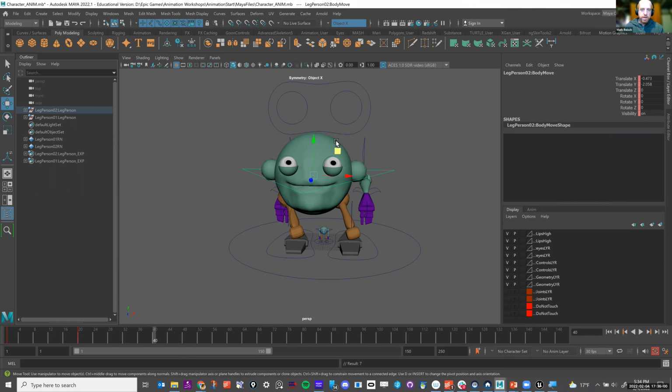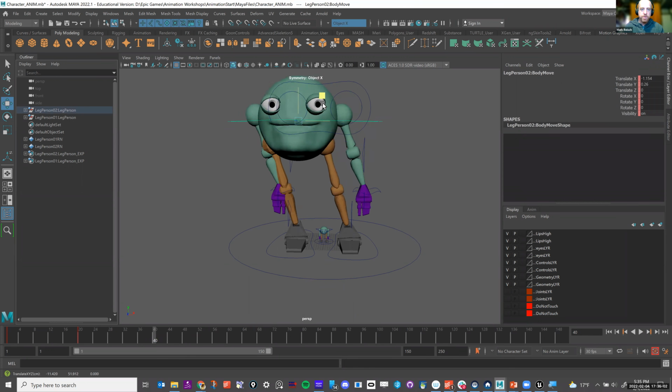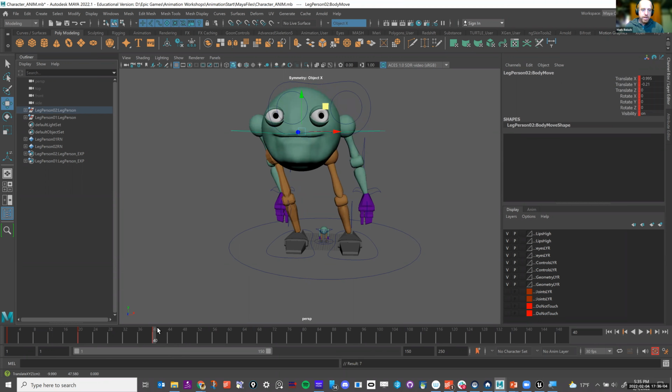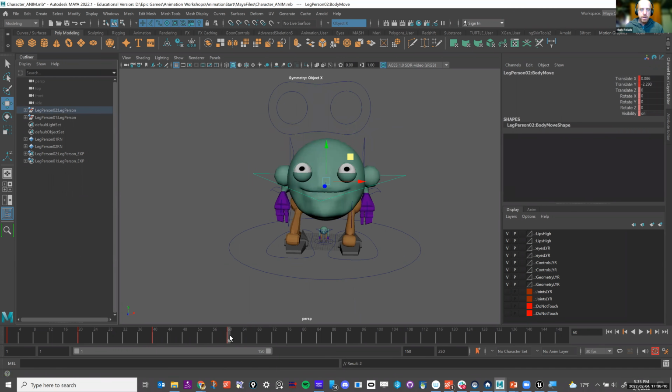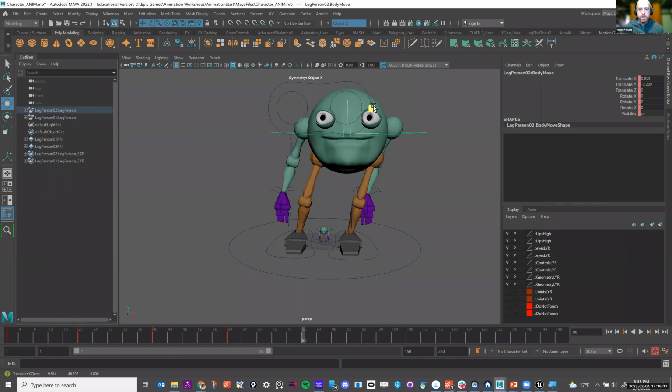I'm going to go up to frame 40, go over here and hit S, then go down to 60 and hit S there, and then go to 80 and hit S over here. And then we'll set the character at like 100 and set it to just 0.